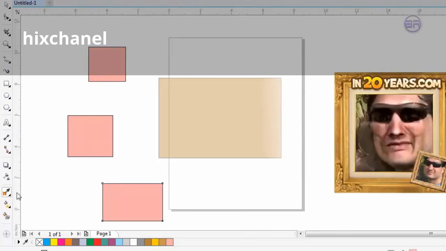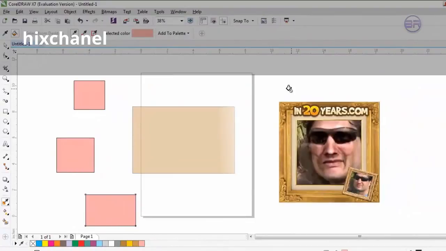So this option, color eyedropper tool, is to simply select a color from an object and just fill or insert that color into another object. That is as simple as that. If you don't have that color in your color box, you can pick that color from anywhere. So these two options, the transparency tool and this color eyedropper tool, are the same, and you can see their